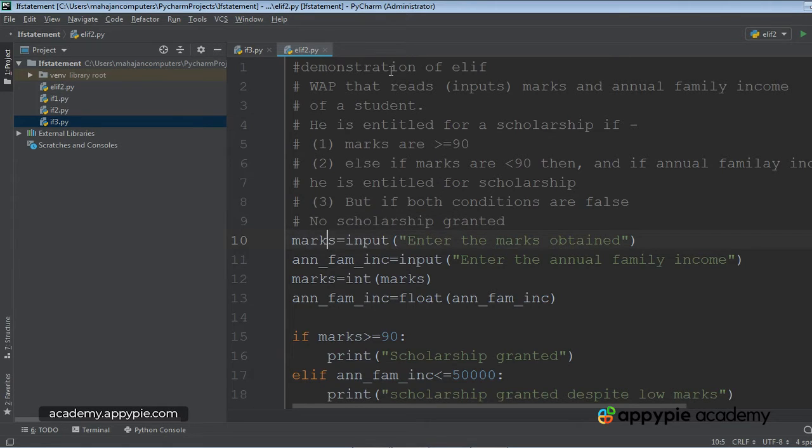Okay, I am taking the variable marks is equal to input, enter the marks obtained. This is the prompt. Marks will be read from the user. Then enter the annual family income, that will be read from the user, and that will be put into the variable fam_inc. Okay, after that I will convert marks into int(marks),